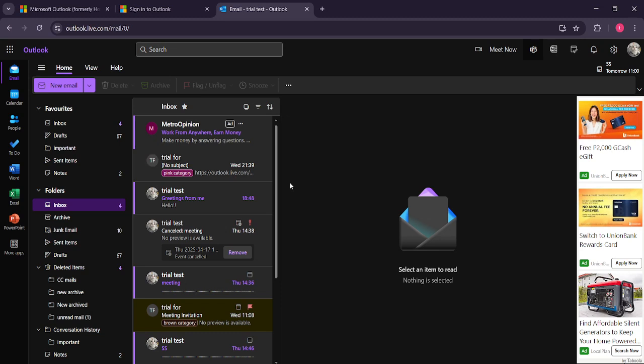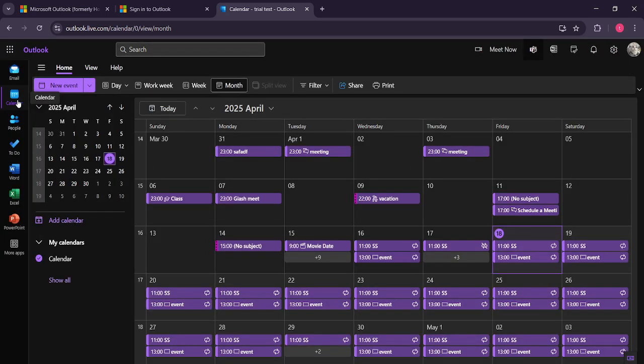Now let's create your meeting. Look for the calendar icon, which you'll find in the lower left section of your Outlook homepage. Clicking on this icon takes you to the calendar view where all the magic happens. Here you can see the entire month at a glance, which makes it easy to choose the perfect date for